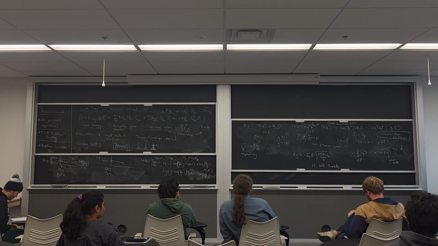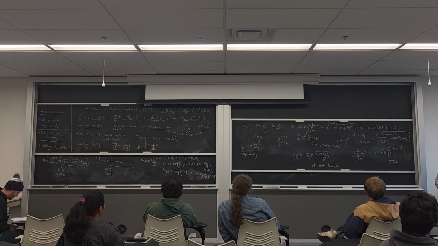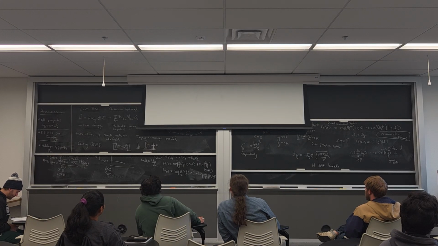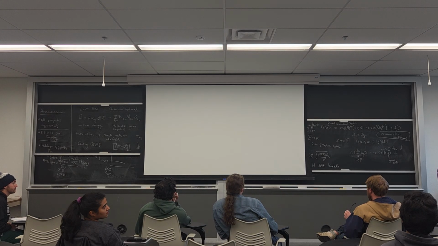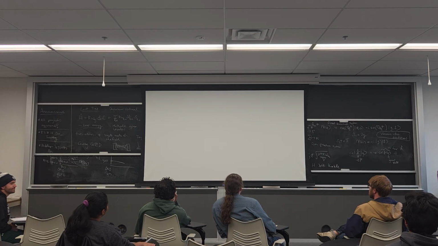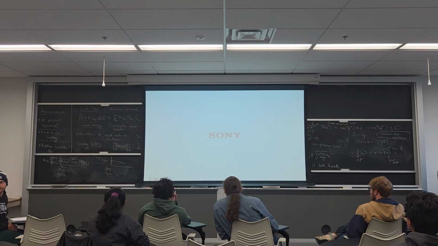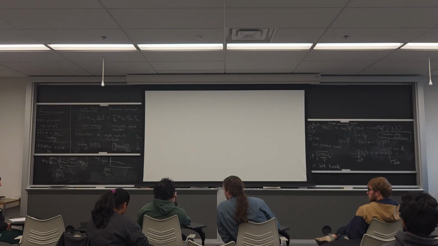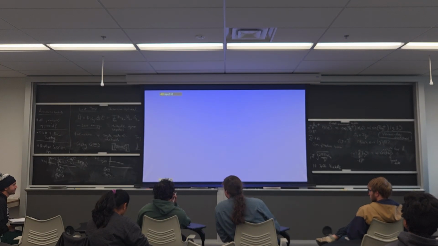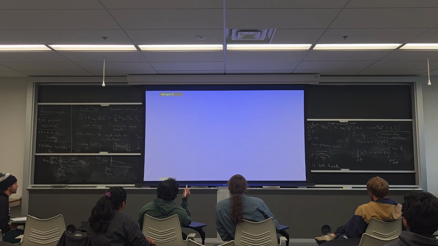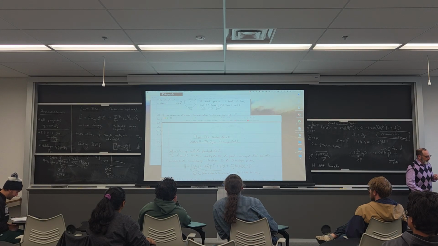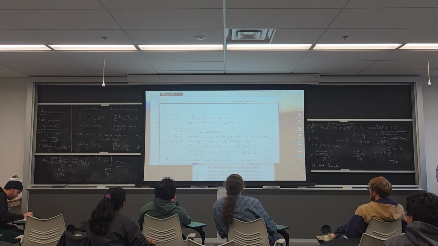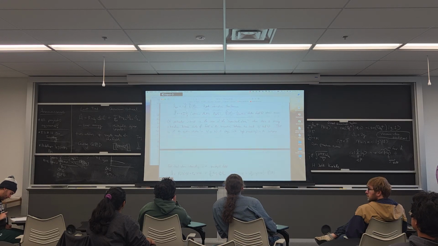particularly by the group of Serge Haroche, who won the Nobel Prize in 2012. And I'll tell you a little bit about that now, and some of which you're going to study in your homework, and some of you are going to write a Wikipedia page about this. All right. So the Jaynes-Cummings model here